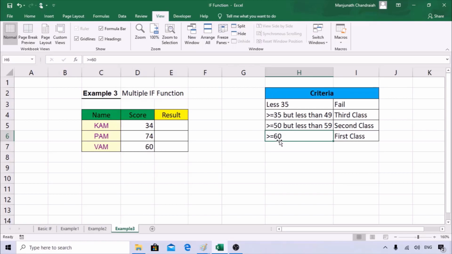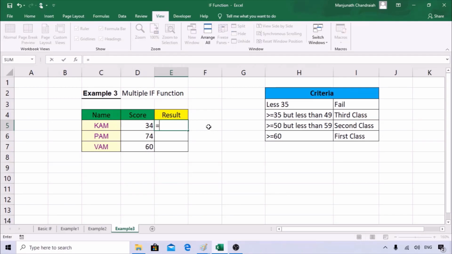We need to go first with 60 and above, then 50, then 35 and above, which should be the last. Why? Because if you go by ascending, with smaller numbers first, and something falls at 75, it picks that same criteria because it is greater than or equal to 35. So you need to go from the highest number to the lowest number.